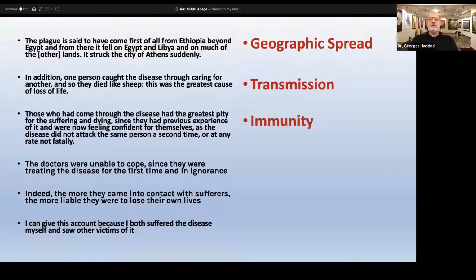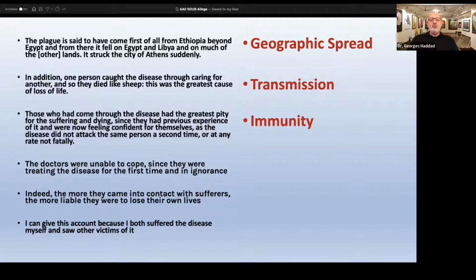Those who had come through the disease had the greatest pity for the suffering and dying, since they previously had experience of it and were now feeling confident for themselves, as the disease did not attack the same person a second time, or at any rate, not fatally. So Thucydides is now speaking about a real epidemic. It has geographic spread, it is transmitted person to person, and a person who falls ill to it has